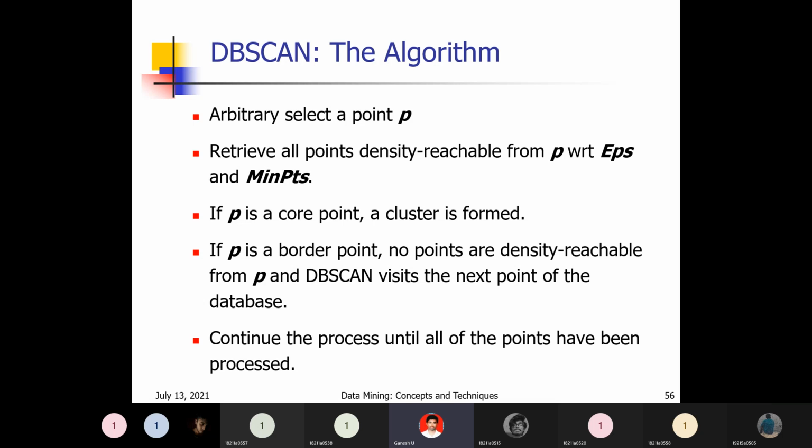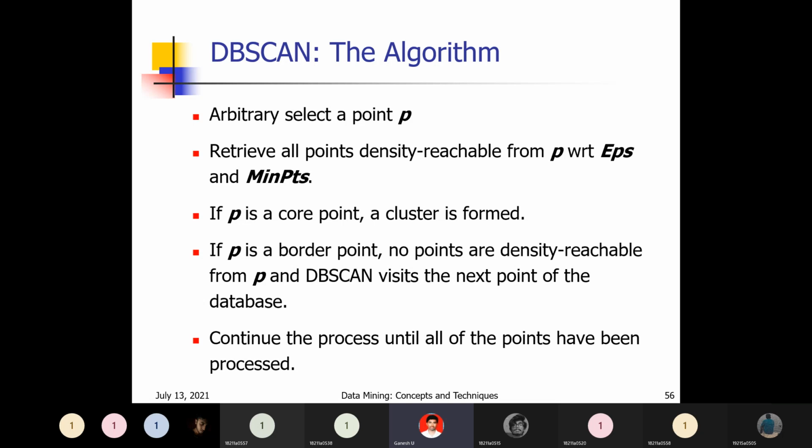When can we say that it is density reachable? The minimum points it should contain. For example, minimum points 3, now 3 points it should contain. Within that circle 3 points are there, then no problem. That is a cluster. If within the circle 3 points are not there, then that is not density reachable. We can say density is good when the number of points are there within that particular area, within that circle, within that cluster with epsilon radius. You have drawn a circle. Epsilon may be 2 centimeters, may be 3 centimeters, like that. Within that you get some minimum points, 3 points or 4 points, like that.